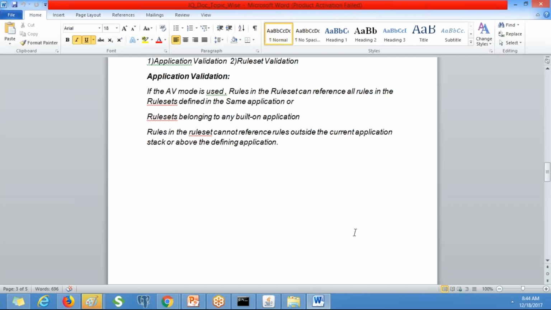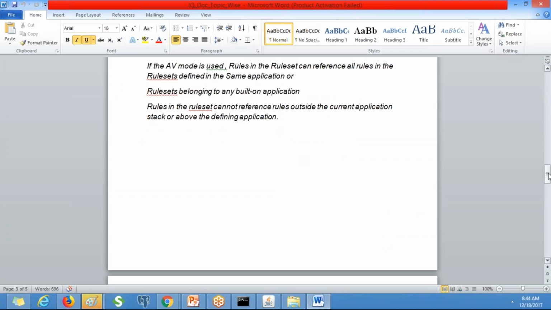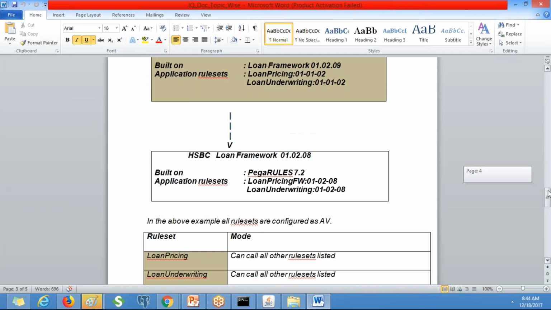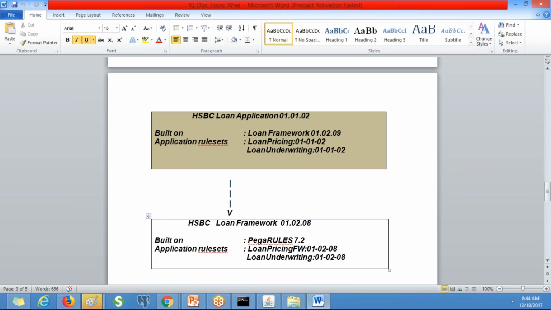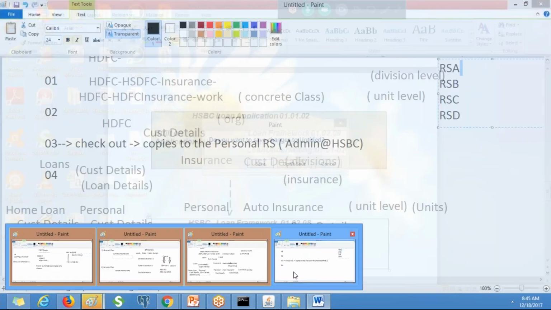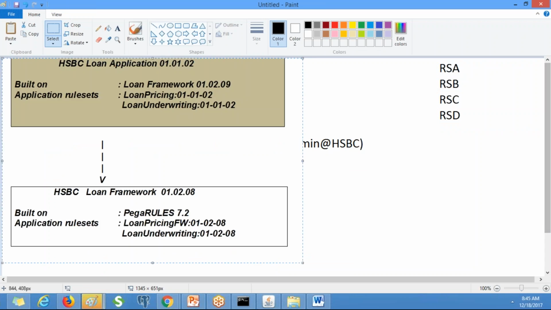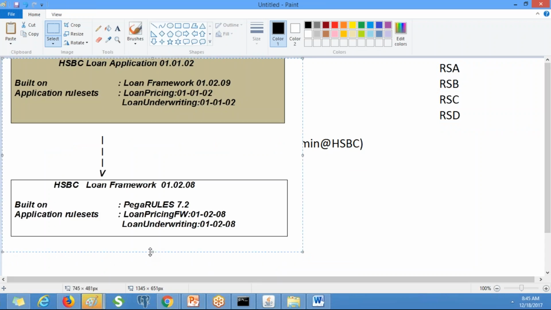And also the current application, and above the defining application. Okay, I will show you this. So you can create multiple versions of applications, you know, right?